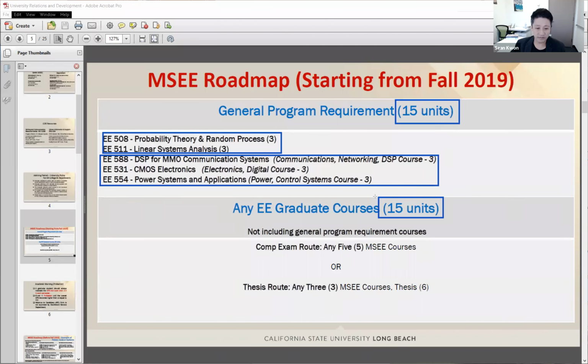For the remaining 15 units, you can just choose any kind of EE 500 level classes or EE 698, that is a master thesis class with 6 units in total. So I will explain further about master thesis route and comprehensive exam route.